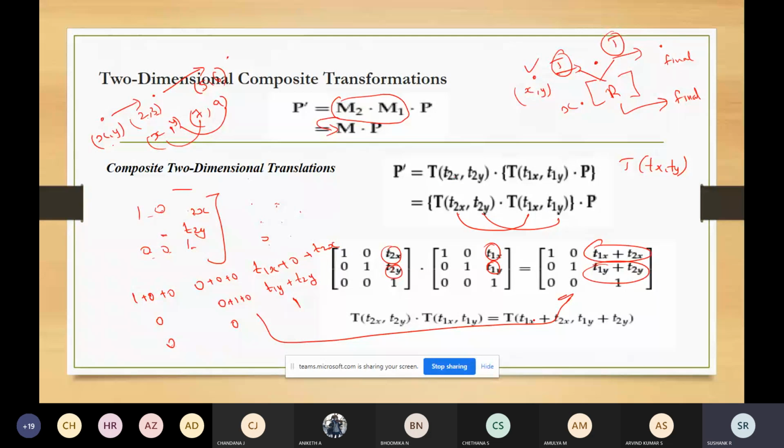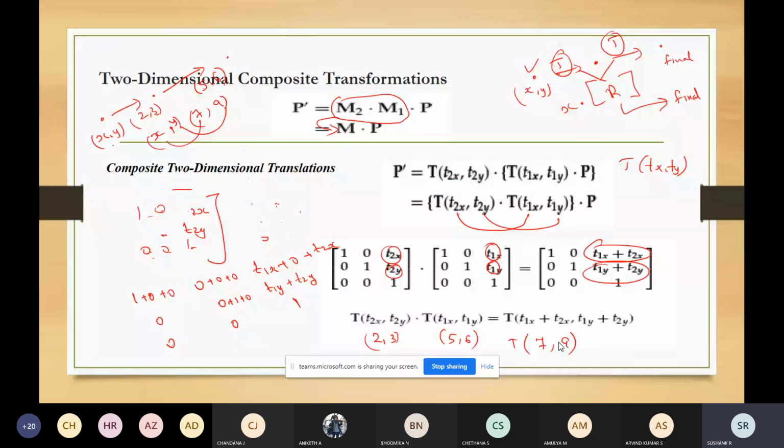So you can see that when two transformations are there, for example, from 2 comma 3, one transformation moves the point from 2 comma 3, and the other transformation adds some offset like 5 comma 6. The final output will be 2 plus 5 is 7, 6 plus 3 is 9. So this is how the two-dimensional composite matrix is done for translation. For translation also, the individual shift vectors are additive.